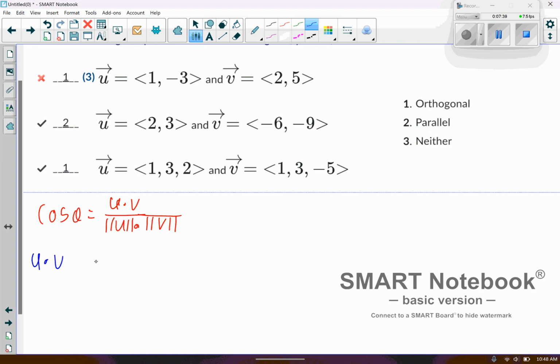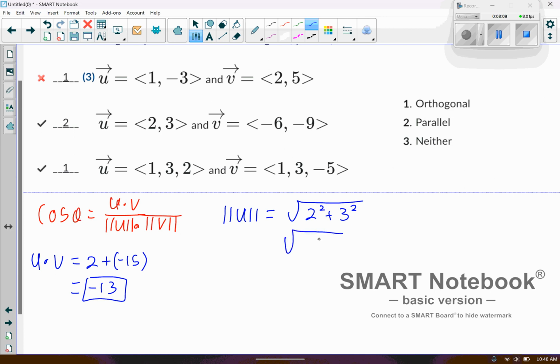So we'll start with the dot product of u and v. So 1 times 2 is 2, plus negative 3 times 5 is negative 15. And so that's going to add together to give us negative 13. So that's going to be the numerator in a minute. And then to figure out the magnitude of u, we're going to take the square root of the dot product of u with itself. So that's going to be 2 squared plus 3 squared. And so that's going to give us the square root of 4 plus 9, which is the square root of 13. And then we'll do the magnitude of v, which then, let's see,